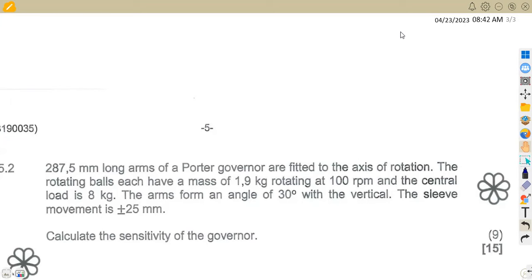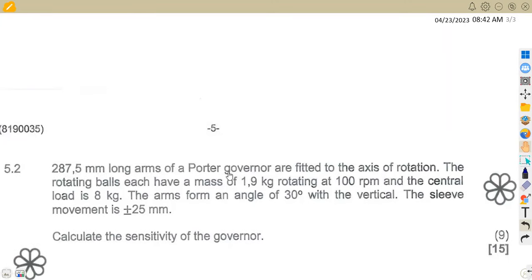In this case, we have a question from the April 2023 exams. That was question 5.2, which was referring to a porter governor. So we are given that